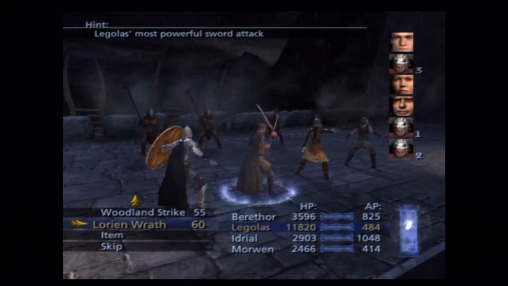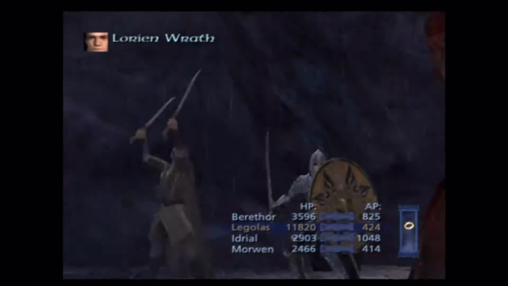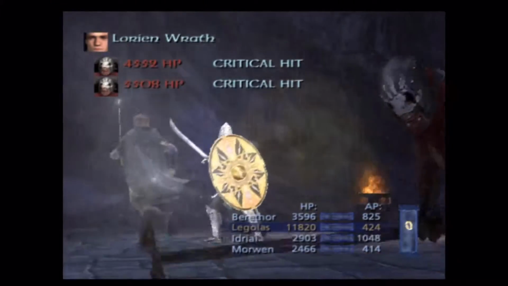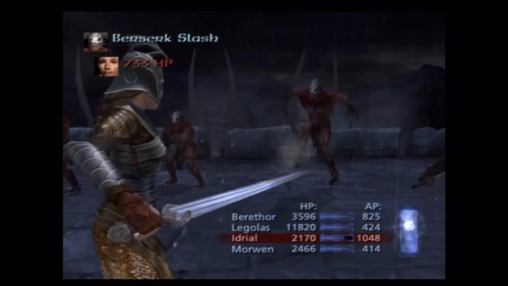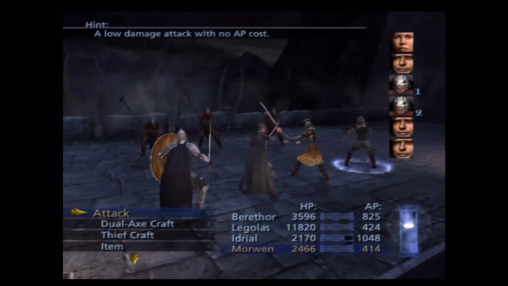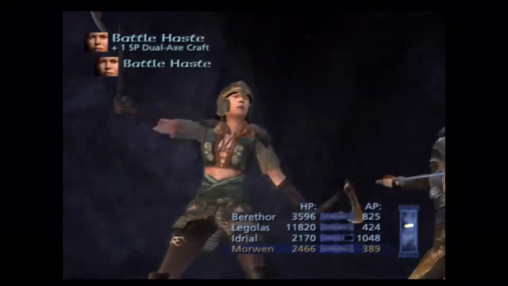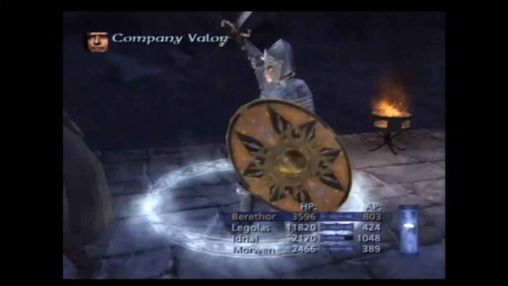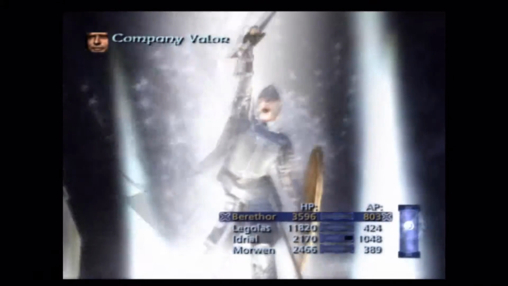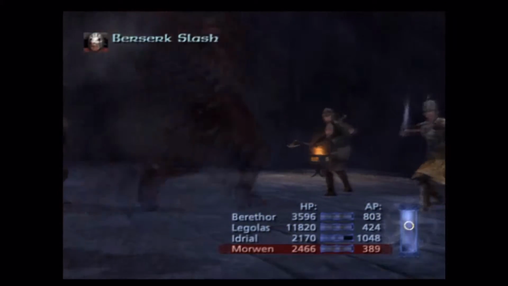So, the one thing you gotta know about these Berserkers is I don't think that there's a single way to really do anything with them. I'm not sure if they can be crippled. I'm 99% sure that they cannot be slept. But what would probably be a good idea is, number one,